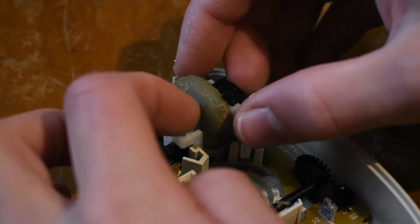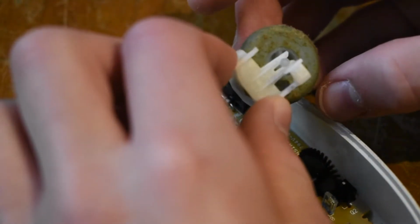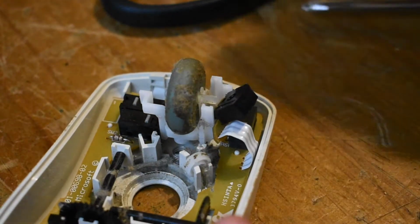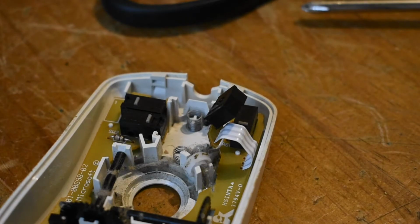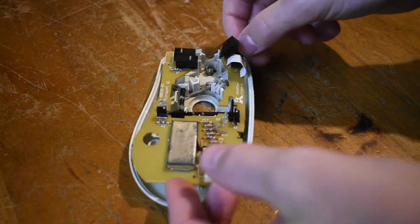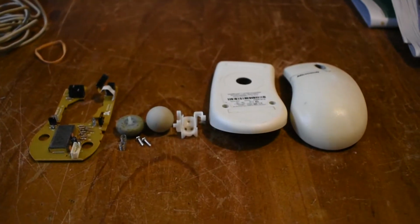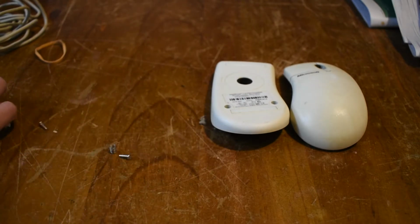Next up, we need to go ahead and remove this filthy scroll wheel. Gosh, this thing is horrible. And once we pry away this little potentiometer, which determines the mouse scroll wheel's position, we can remove it. Now we need to go ahead and disconnect the mouse's cable. Now I'm going to go ahead and remove the mouse's logic board so we can get down to cleaning the case. And as you can see, the mouse is basically disassembled, but I'm going to focus my attention on the